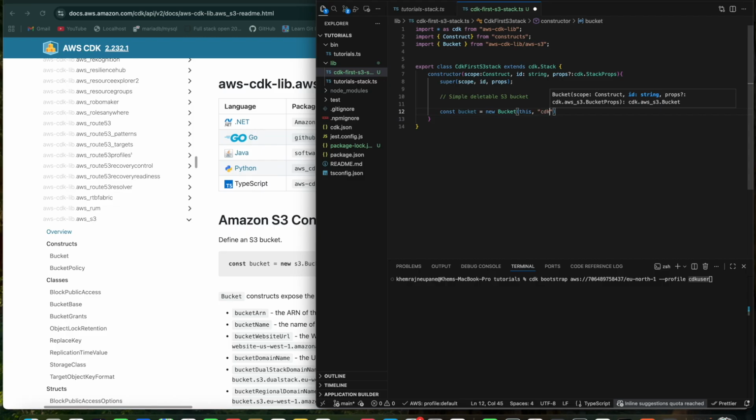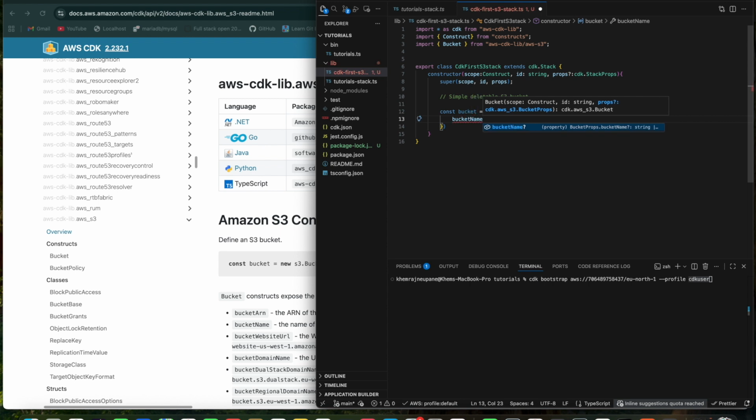Yeah, CDK bucket. Okay, and now you can create an object, and VS Code also gives you this IntelliSense, so what you are trying to type, and this should be actually